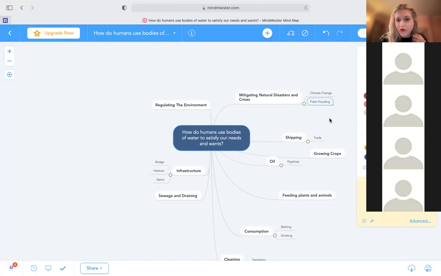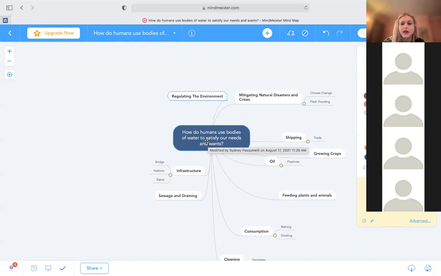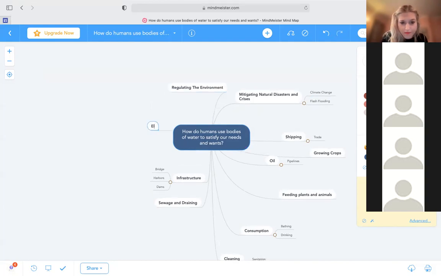Whether or not that's natural or human accelerated crises, these natural disasters are threats that we want to protect ourselves from. So regulating the environment in order to mitigate these natural disasters or to solve some of these crises is a good example. And also, speaking of natural disasters, things like lead, it's not necessarily a natural disaster, but eliminating or preventing toxicity.